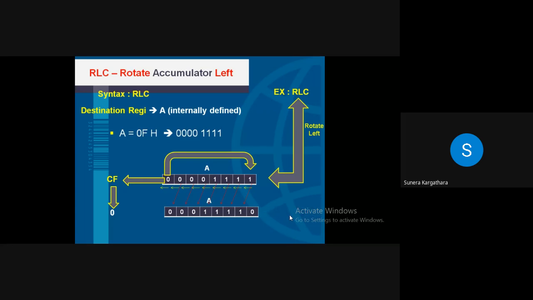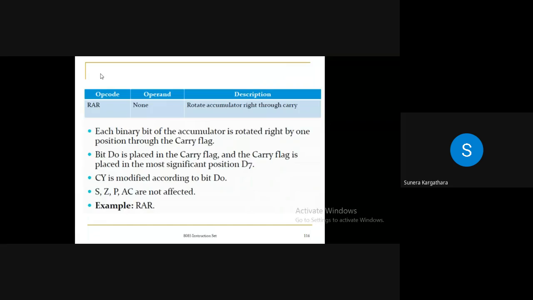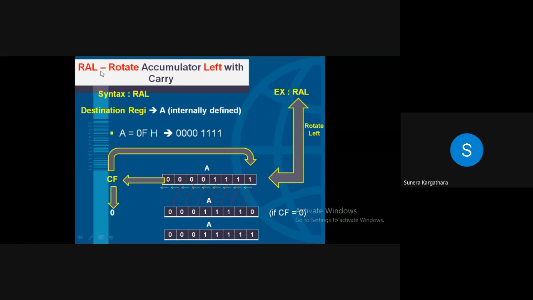RLC. देखो, ये आपको रोटेशन लेफ्ट, फिर ये आप C को इंटरप्रेट करोगे with carry, but make sure to try to understand it is without carry, right? आप जो भी मिस्टेक करोगे, you will find it in opcode only. So make sure you understand it is without carry, right? With carry left rotation we had discussed in terms of RAL, rotation of accumulator left with carry with RAL, and without carry.